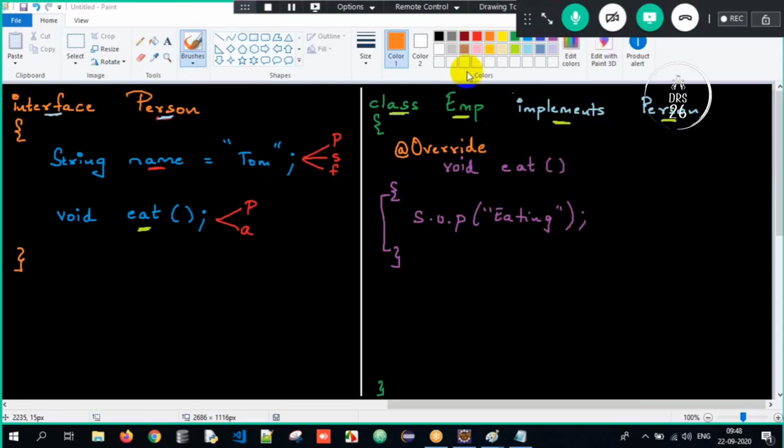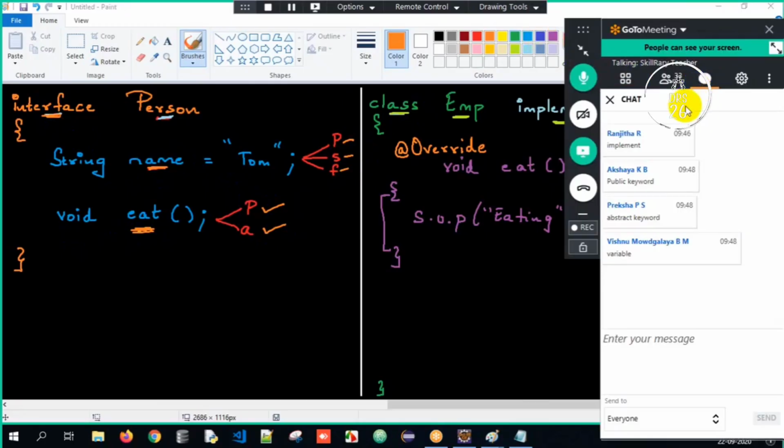Someone said, sir, you have to make use of the abstract keyword. No, no, no. See, if you define a method in an interface, it's automatically public and abstract. And if you define a variable here, it's automatically public, static, and final. So the problem is with respect to overriding.